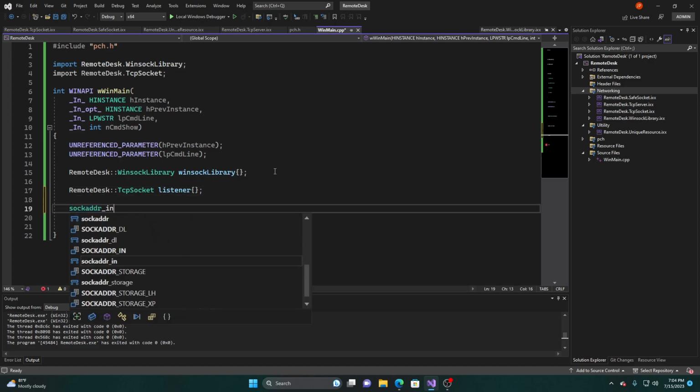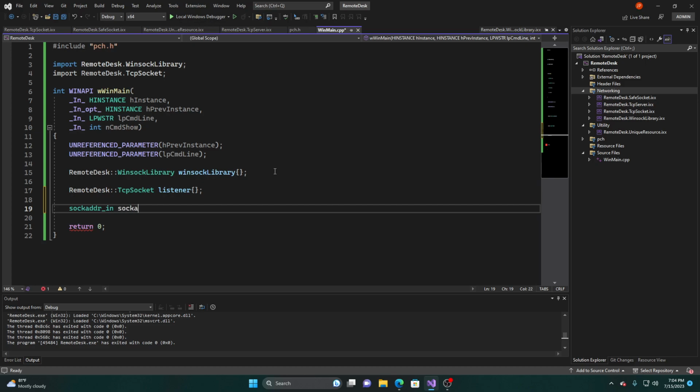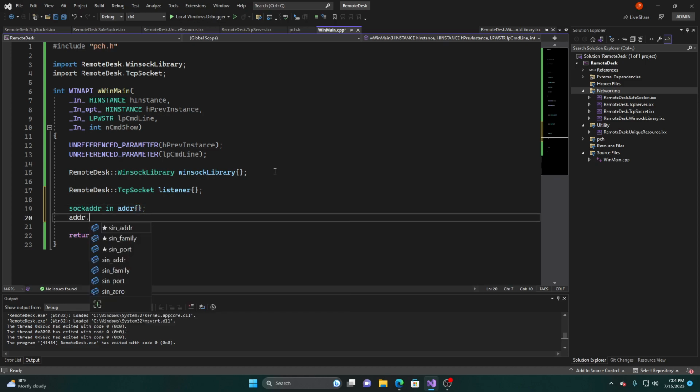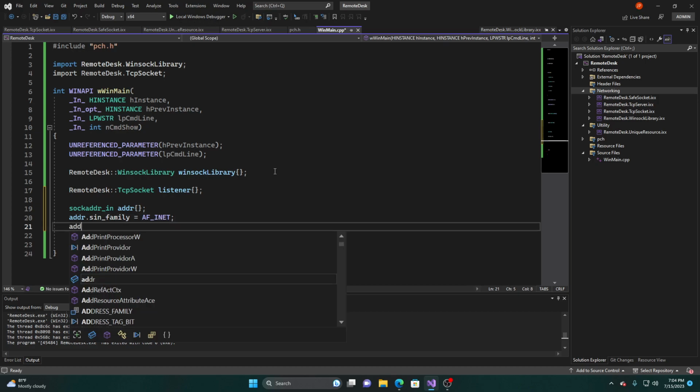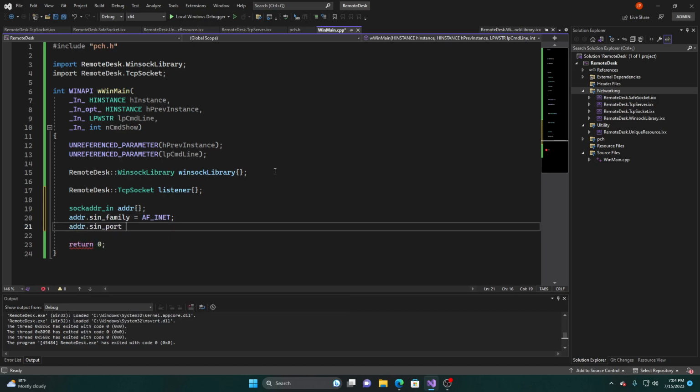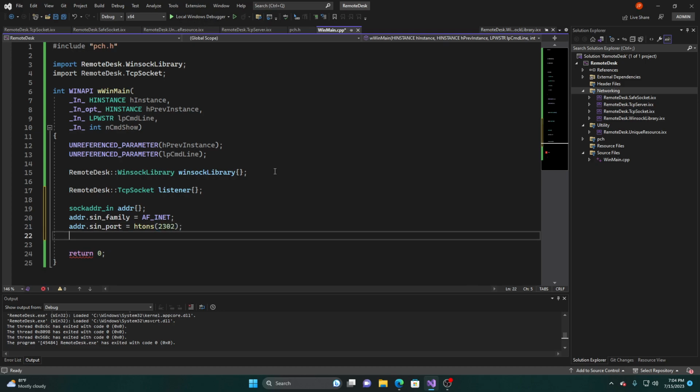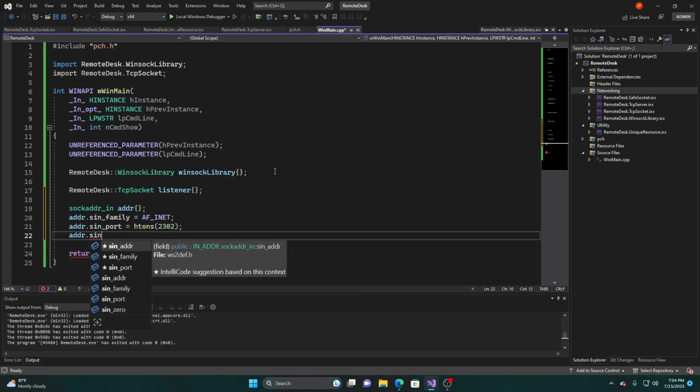Sock address underscore n, sock ADDR. I'm just going to do like a C style thing. Family AF_INET. The port, htons, I'm going to do like 2302. That's a port of a game that I like, that I'm always having to connect the servers on that port. So